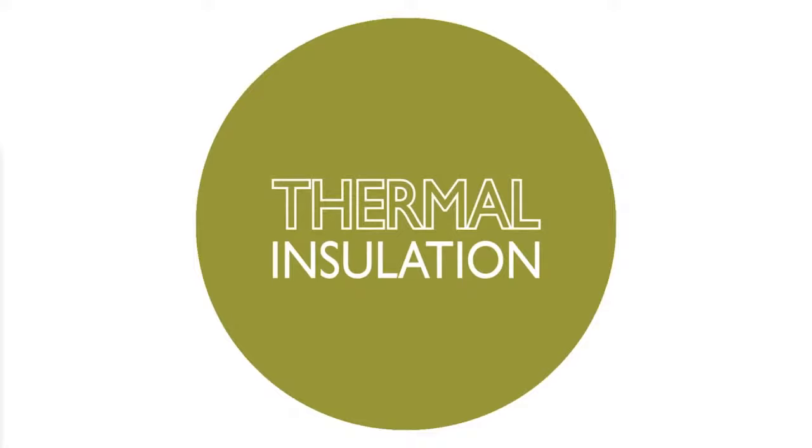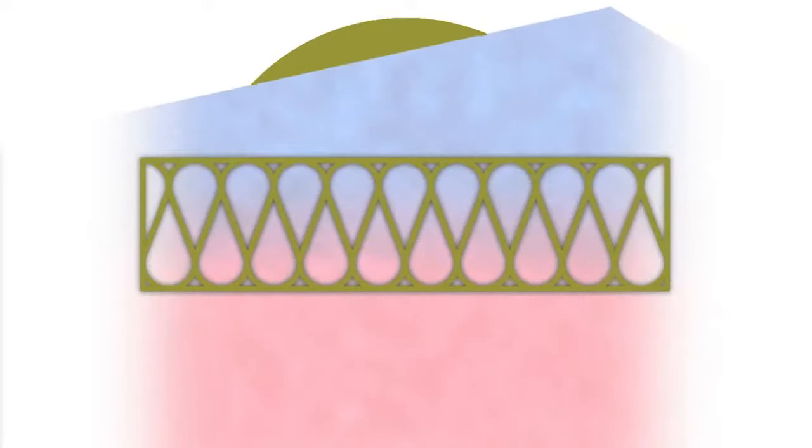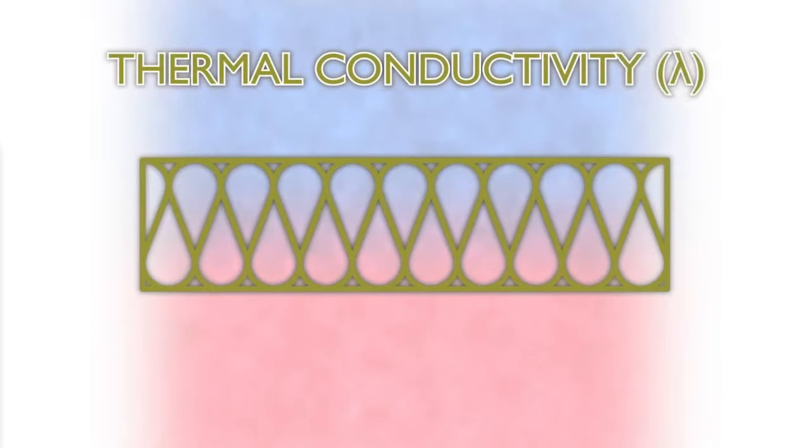Thermal insulation is what limits the loss of heat from the building envelope and is the cornerstone of the fabric-first approach to building design. This approach seeks to maximise the performance of the basic components of the building, rather than relying on mechanical or electrical systems. The fundamental physical property of insulation material is their thermal conductivity, also known as the K value or lambda value.